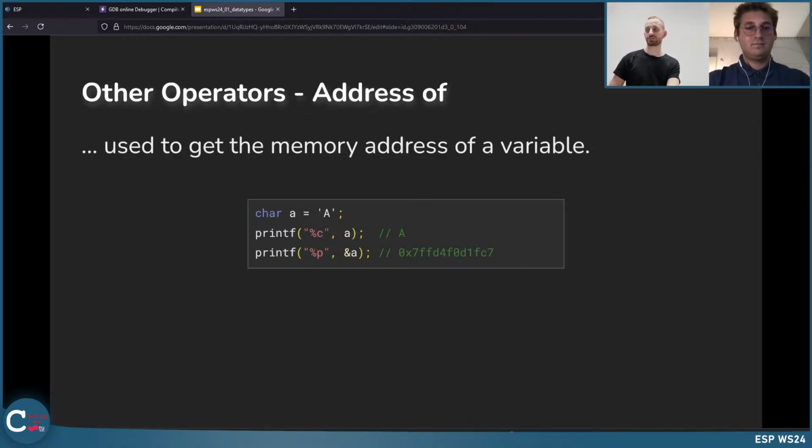Another operator is the so-called address of operator, and we have seen before that a variable always has a memory location, it has a value and a data type. So we have talked about the data type, we've talked about the values, but we can also display with C the memory address. So we can see here, when we put this address of operator in front of a variable, then we get the address, not the value, but the address in the computer. We will talk about that in a few slides, I think, what this here means.